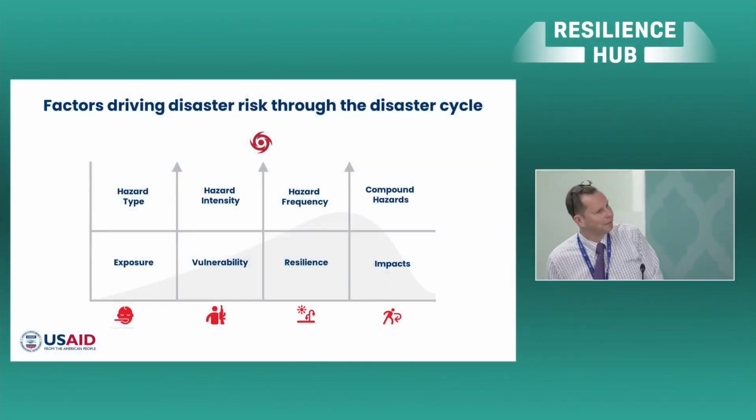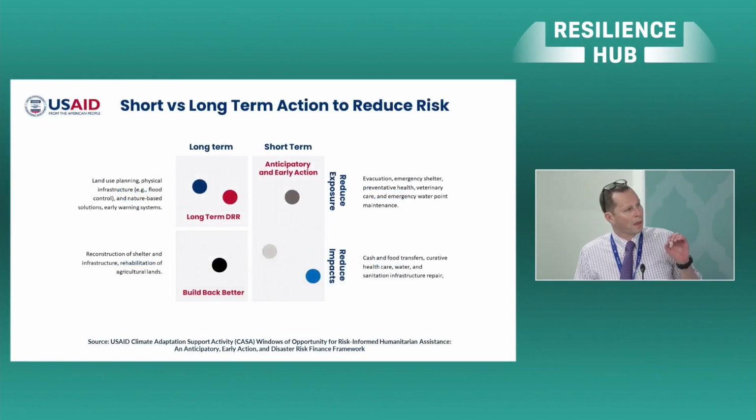Next slide, please. We have many different opportunities to intervene through that cycle of risk to reduce losses and damages. Adaptation and long-term risk reduction is important, land use planning, infrastructure. What we do right before a hazard, anticipatory action. There's been a ton of innovative work in the humanitarian sector trying to get resources to communities based on early